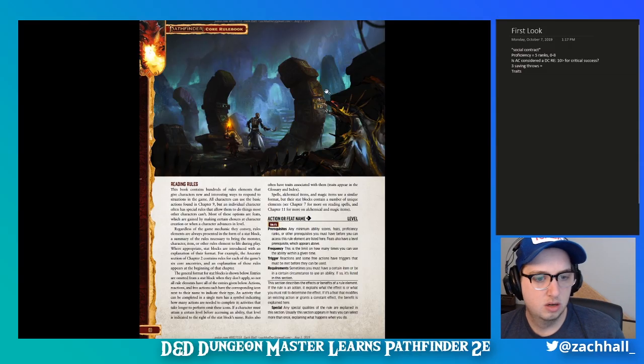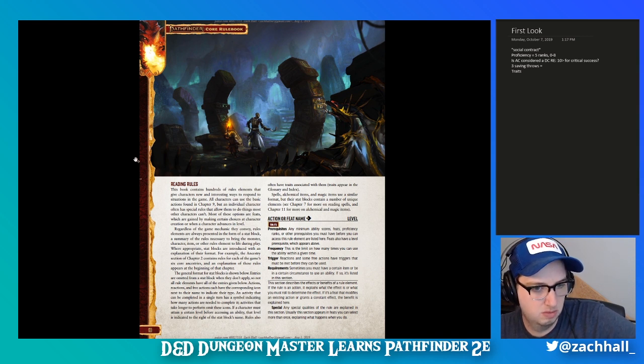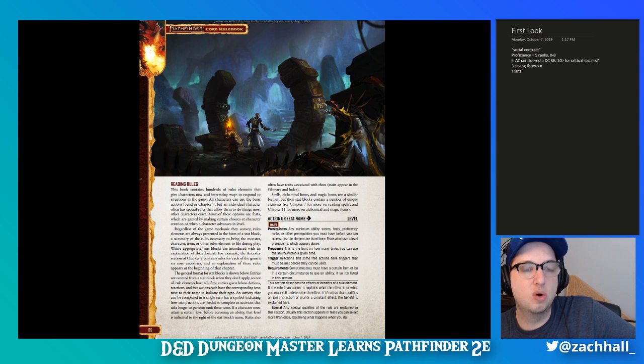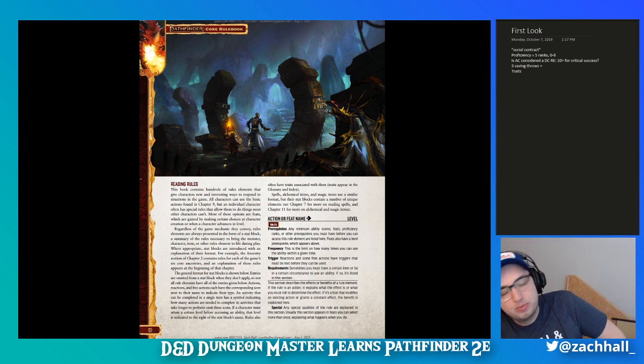All right. Reading rules. Hundreds of elements. Each character often has special rules that allow them to do things most other characters can't. So this totally makes sense and is really my preferred kind of game design method, and I see it more with something like Evil Hat's Fate Core, my preferred narrative non-crunchy game, rather than something like D&D, where everybody has the same amount of things and the same access to things, but it is the character's abilities give them either exceptions or additions to the standard level of things, which I just think makes